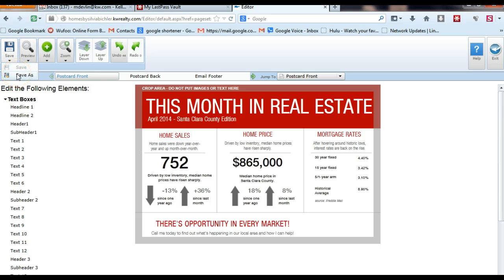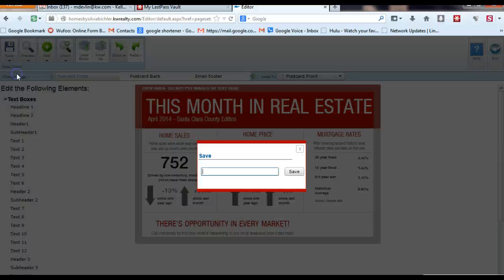Did you modify the mortgage rates? No. Mortgage rates are national. Gotcha. Our mortgage rates are the same as New York mortgage rates, so that's the one part of this we don't have to modify. Gotcha. All right, I'm going to go to Save As, and I'm going to call this Month in Real Estate,